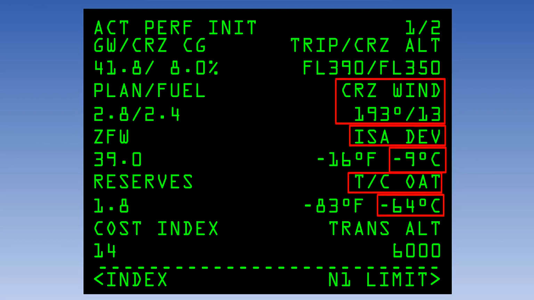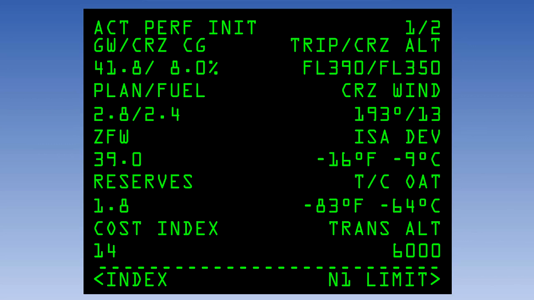The forecast wind, ISA deviation and static air temperature are entered to allow the FMS to plan an estimated flight time and fuel burn. In flight, as actual data is gathered, these estimates will be continuously modified. The cost index is entered. This figure modifies the target cruising speed in order to balance the fuel costs and maintenance costs of the flight in the most economic way. This will be explained shortly. As before, there is only one page we can go to. The N1 limit can be set to reduce engine wear in the climb.